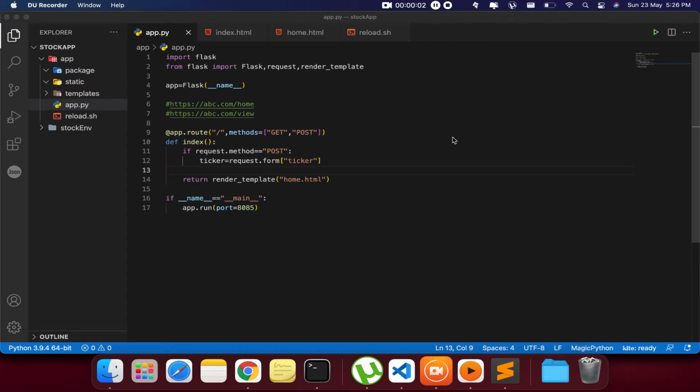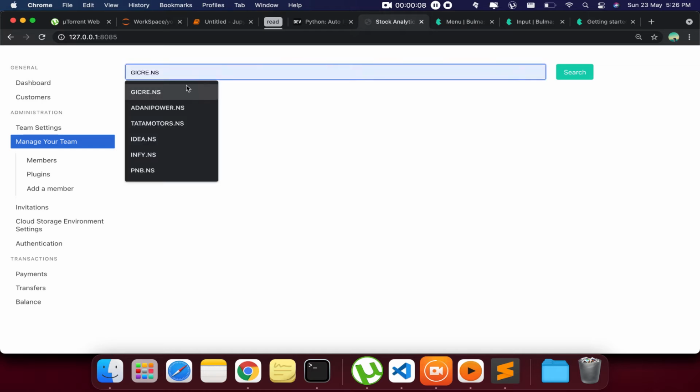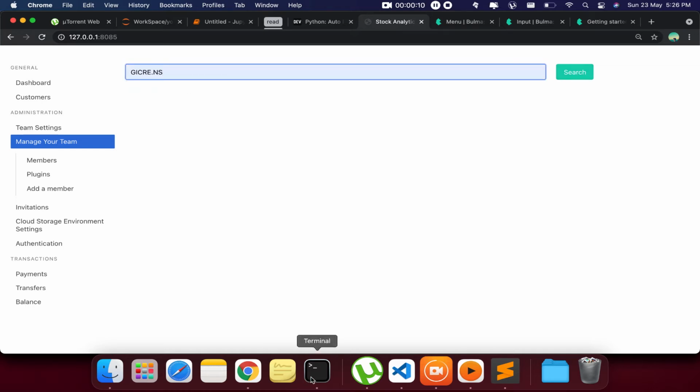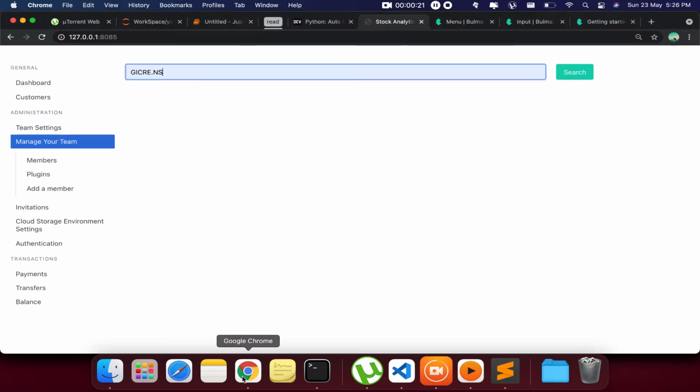Everyone, and welcome back. In the last episode we got the data from the search bar and into our Flask app, right? Today we are going to start by getting the company details. So whenever we search for a company with a ticker ID, it should provide company details here.